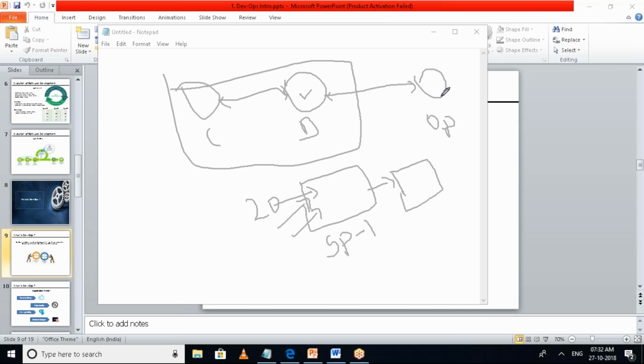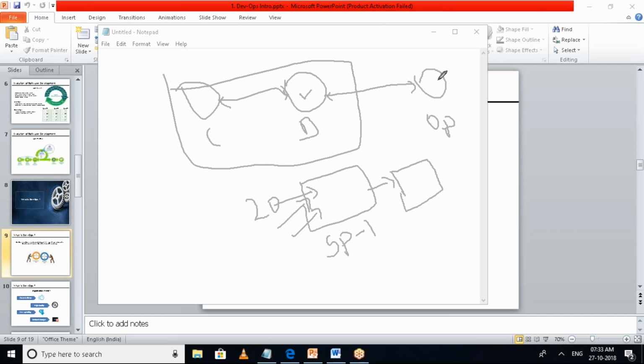So the challenge for the operations team is making sure that the software the development team has given is installed in a particular environment that is always available. Once they install it, they have to make sure that the product is always accessible and is never down.